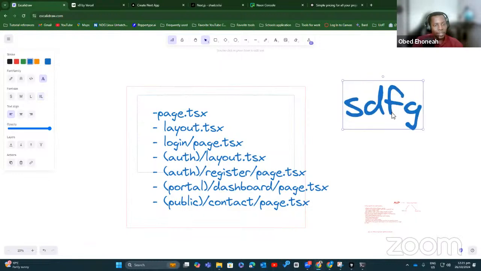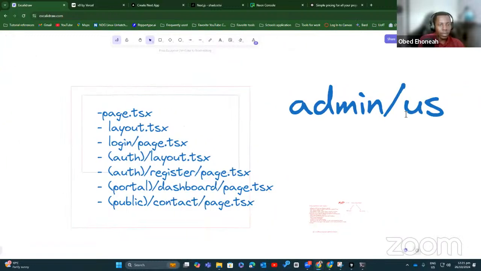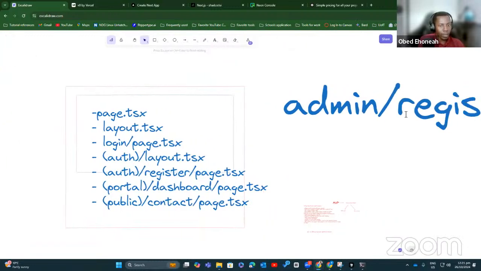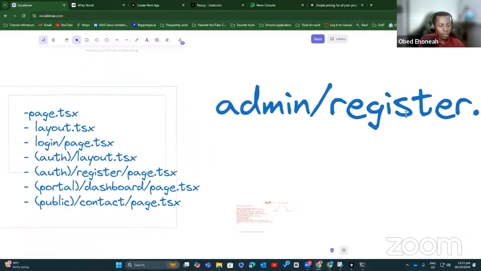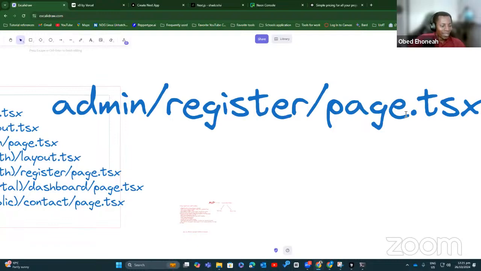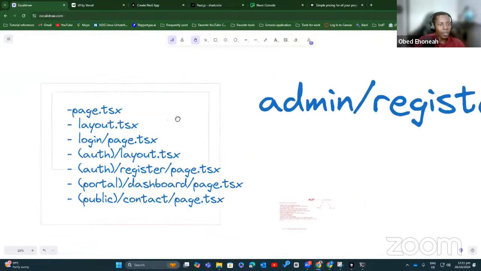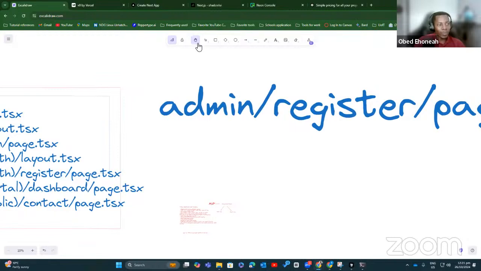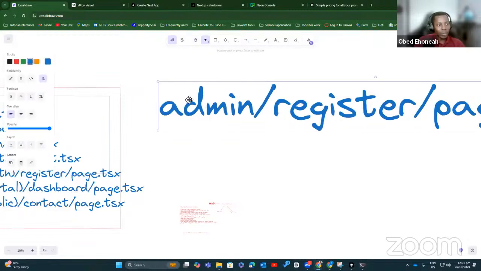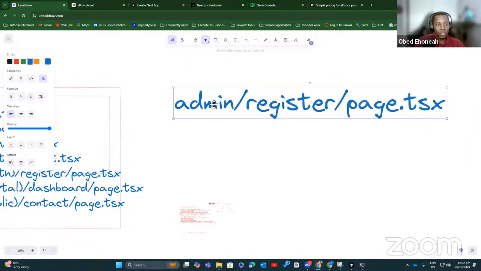If I have admin/user/register, let's assume we are building a system with a specific page for admins to log in or register, and another for users.